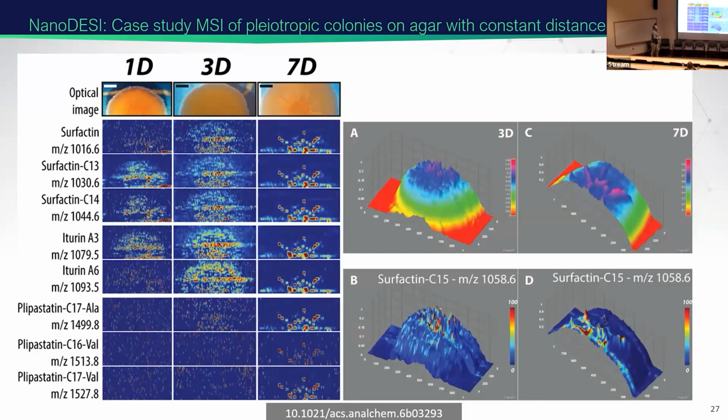But within constant distance mode, where we're continuously moving that microjunction based upon the topography, we can relate this back to the actual topography of the biofilm, seeing how all of these surfactants and polypeptins change in intensity and distribution throughout the different areas of the biofilms. So we can take that mass spectrometry imaging from a two-dimensional space and not only break this up and do multiple reconstructed three-dimensional images, but also look at the actual topography with things like nanoDESI, or especially secondary ion mass